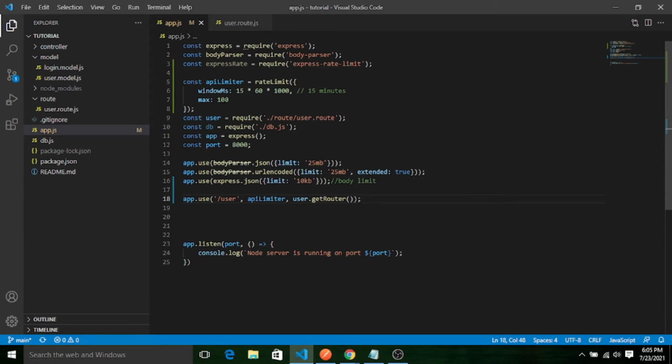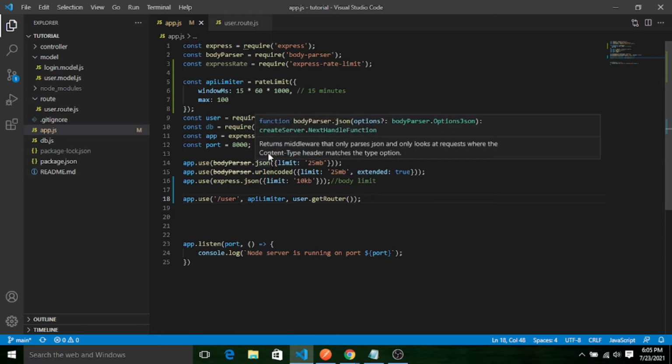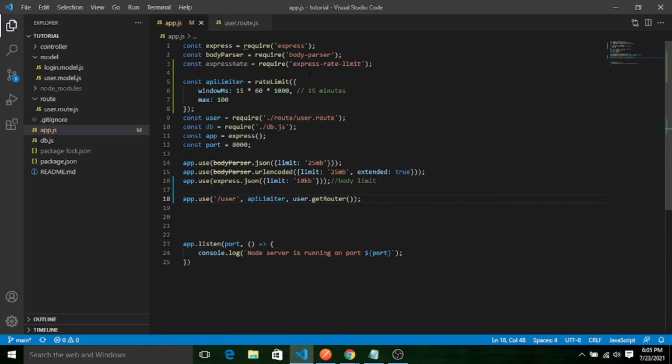So if we implement it like this, it will add this kind of module to our Node.js application. We can give some kind of security to our application which can prevent the DOS type attack, denial of service type attack. So the attacker will not get a chance to slow your server or crash your server.